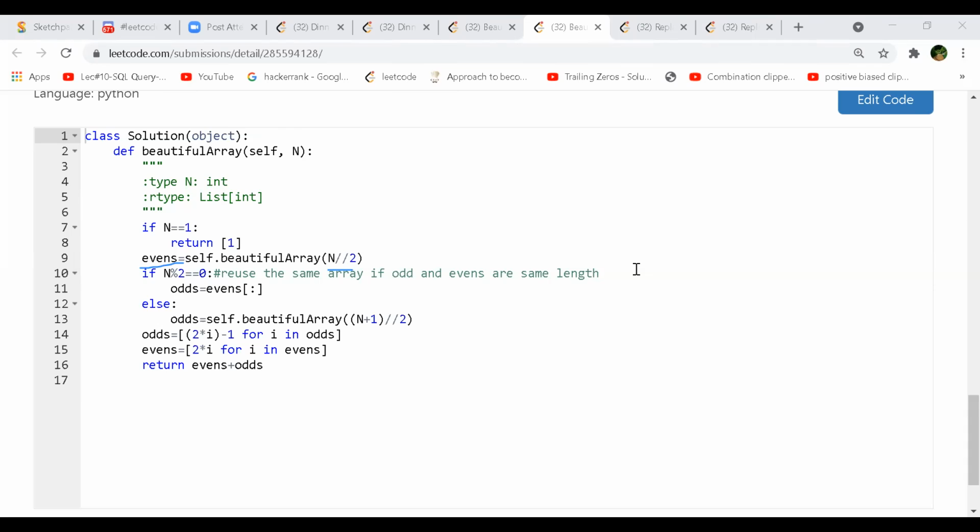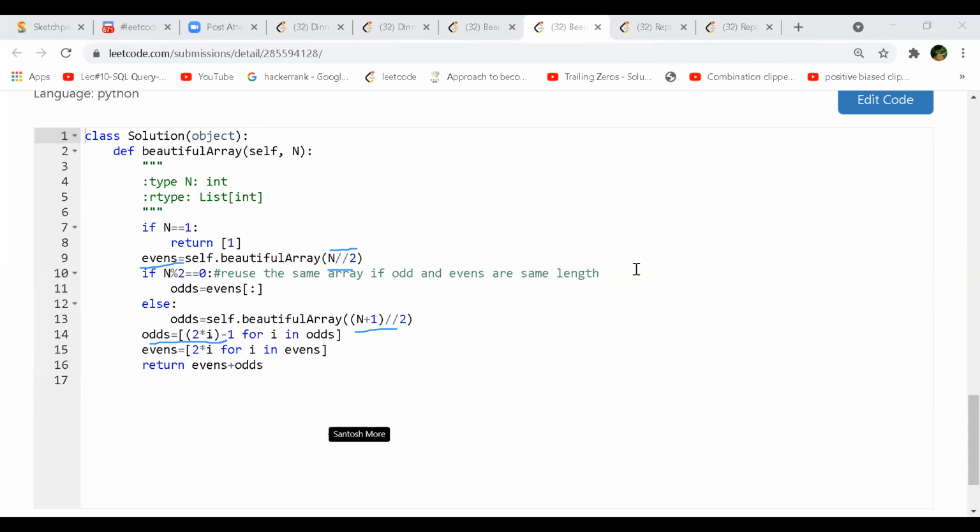Yes, you are dividing the array by 2 here. So you will take an odd number of values here. When you are actually filling them, look at the index: 2 multiplied by I minus 1.